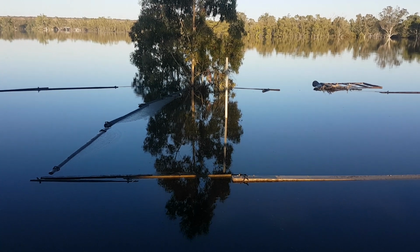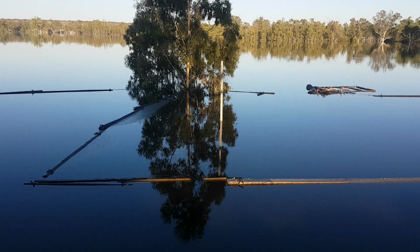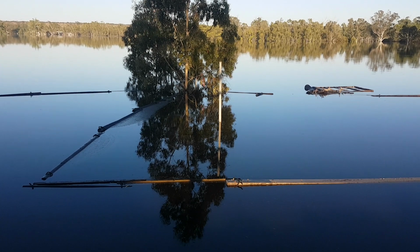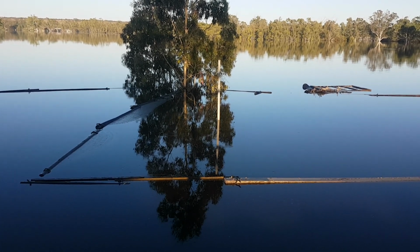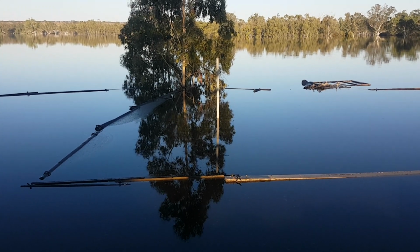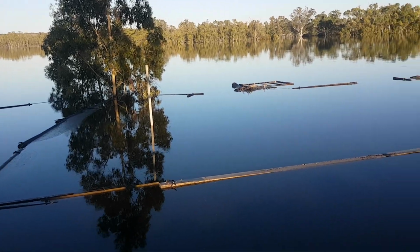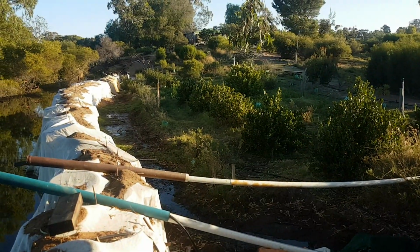The idea being that A, stop the water coming in, that's obvious, and B, in 74 it rained and the water backed up behind, so that valve can be opened and release. If there's excessive rainwater behind the wall, you can let it out, right? And that stormwater pipe goes back into the rising sun back there, sorry about that, about 50 metres, and then we've accessed the stormwater pipe and